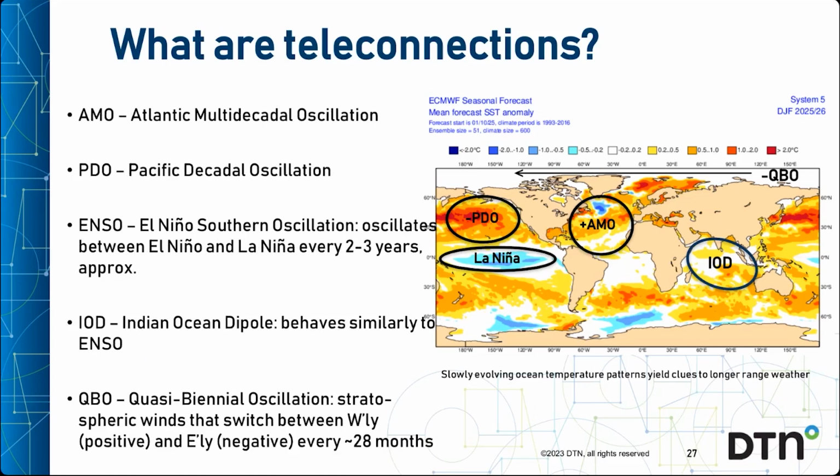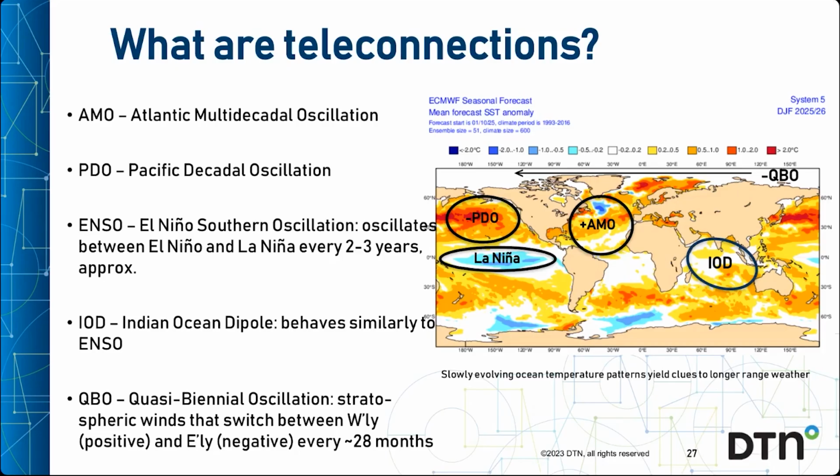Let me just clarify a few of the abbreviations. AMO, the Atlantic Multi-Decadal Oscillation, which is positive when the North Atlantic sea surface temperatures are warm overall. The PDO, the Pacific Decadal Oscillation, a pattern of temperature anomalies in the North Pacific. Now that's in the negative phase as it is at the moment when it's warmer than average, but with a cooler strip of waters towards the coast of North America. And so the El Nino Southern Oscillation, that's the alternating cool and warm sea surface temperature patterns in the equatorial Pacific, La Nina, El Nino cycle. And as we've seen, we're heading into the cooler La Nina phase.